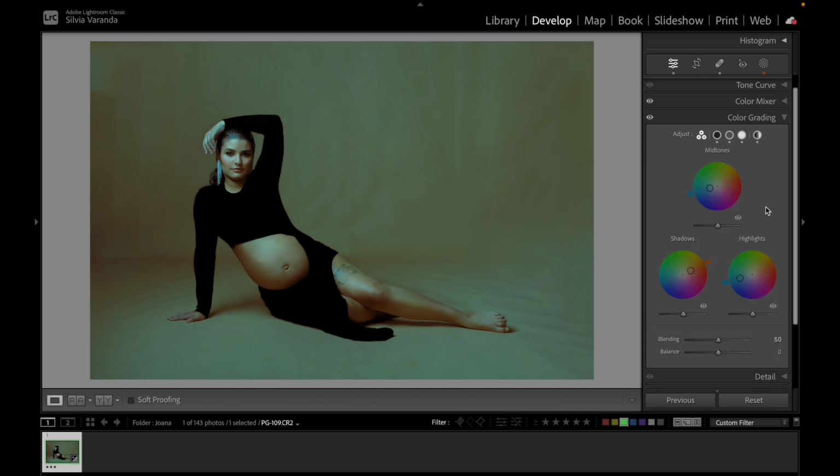You can do something that's more like matrix style, so with more greens on your photo. So let's say that instead of the oranges, we want to do something more green on the shadows. And right now